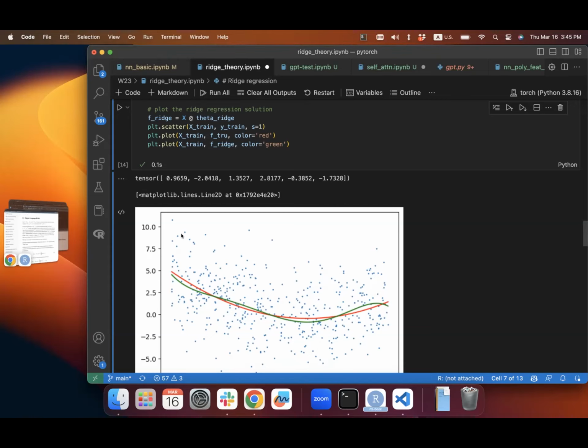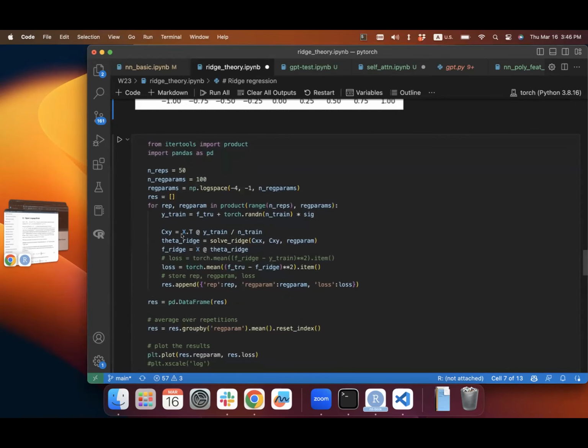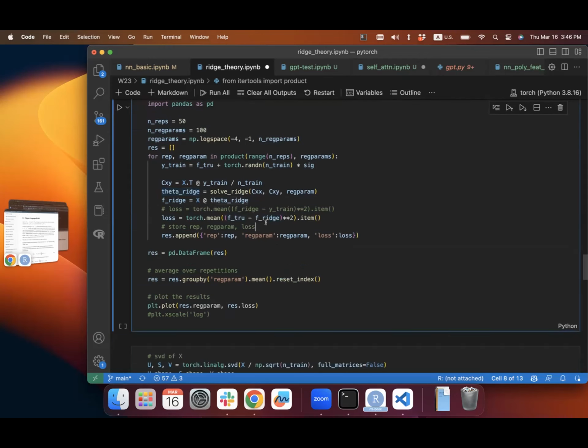still close. And then this part, I'm not going to go over the details, but this is basically calculating that expectation once by simulation, the expected error between the true signal f star and f hat, basically f hat of ridge, by simulation. So this is going to verify our formula for us. So I'm going to do 550 repetitions. And I'm also going to vary the regularization parameter, that's lambda, in a range. And so if you do that,